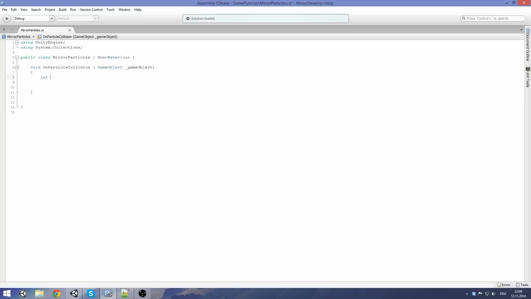array. So we're going to declare a new integer, which is called safe length, which equals system dot safe collision event size, and then check if the collision event